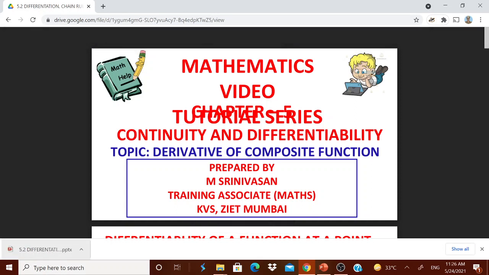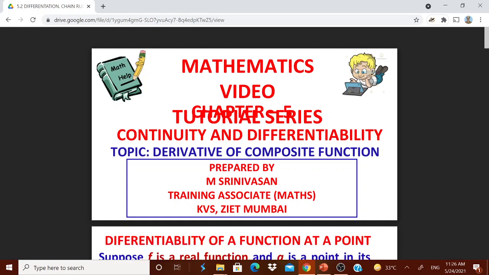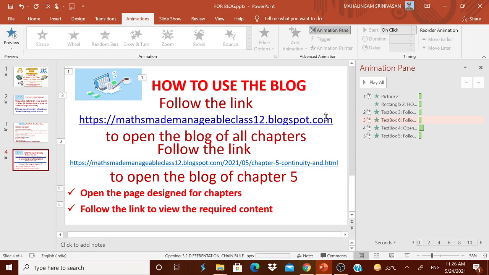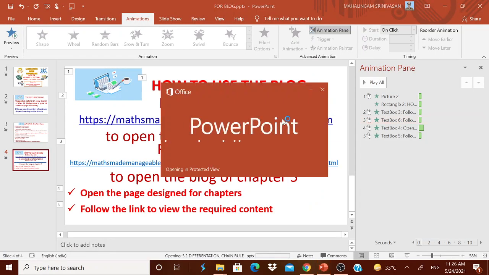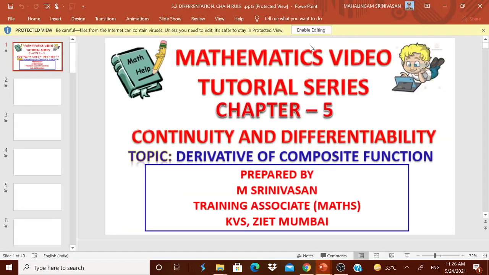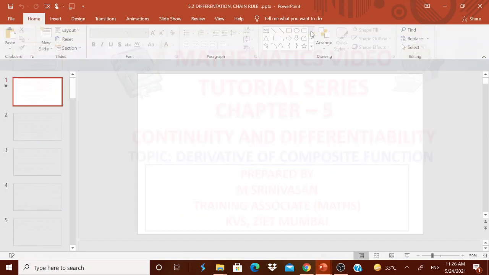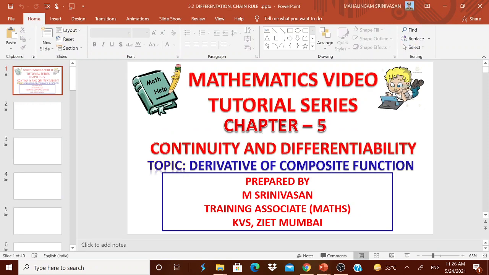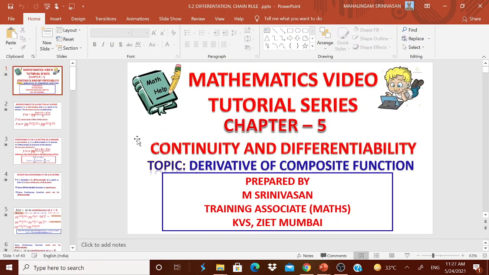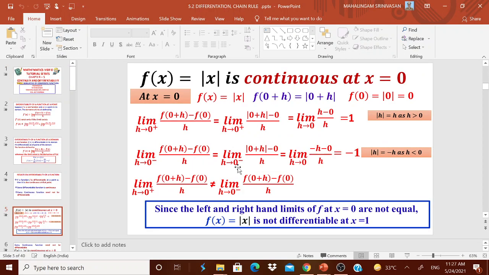And remember, this PPT which you are downloading will be available only in read only form. What you have to do is simply click that read only button and run it. For example, click this enable editing, then it will ask you to open it, and you have to open it in read only mode only.